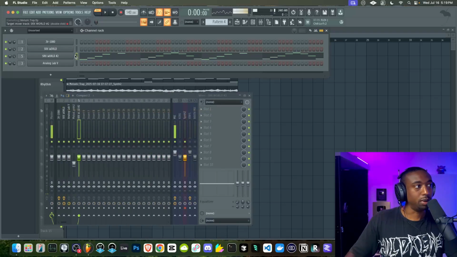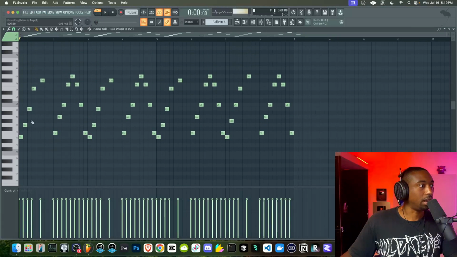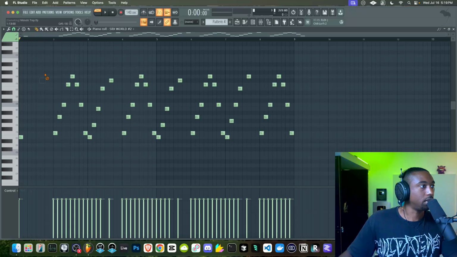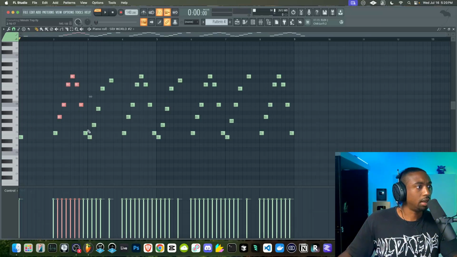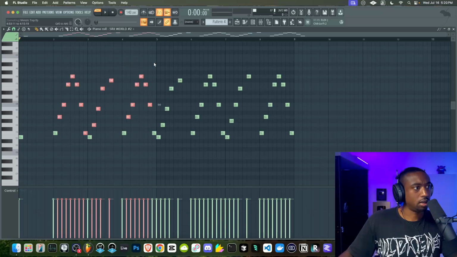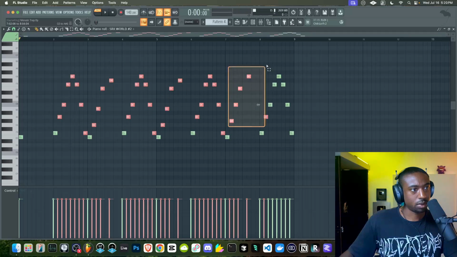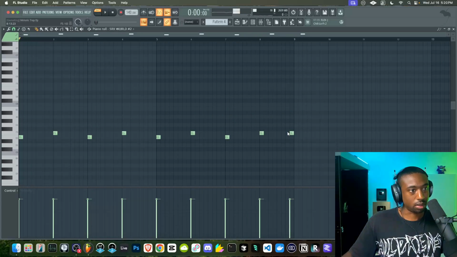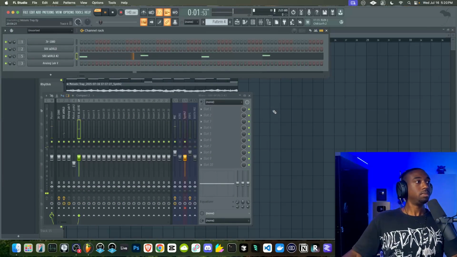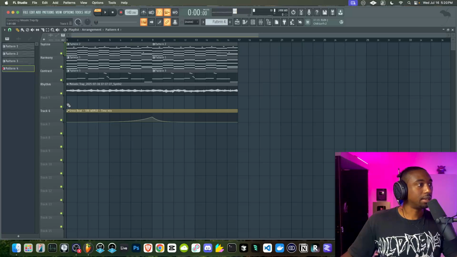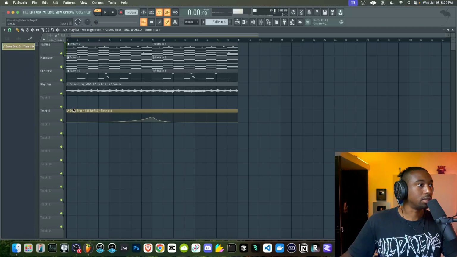So let's send this to a new mixer insert, and I just want this to hit on the downbeats, so we can get rid of every note here. I just want this to play every bar. So let's do this. Cut these out. I'm hitting Control Shift to highlight the notes and get rid of those. So this is more of an accent. Some people call it accents. So I'm going to add this in.